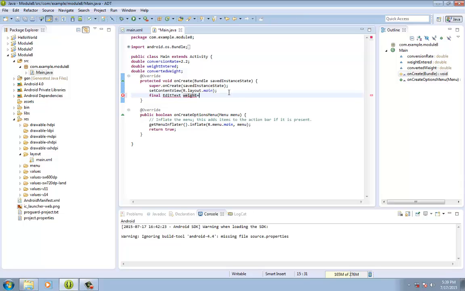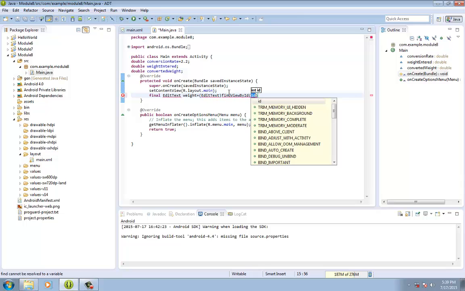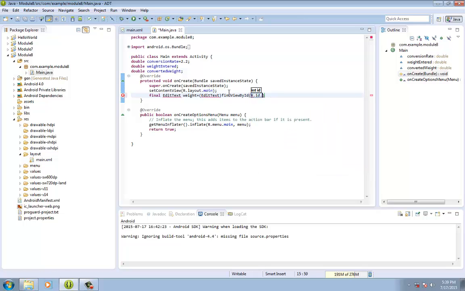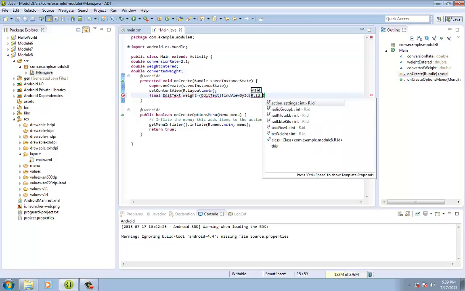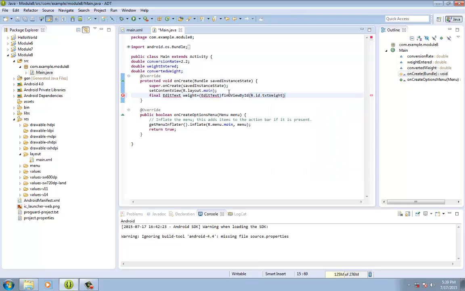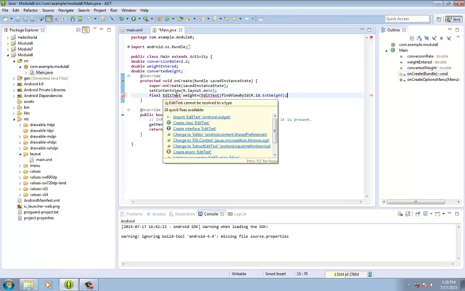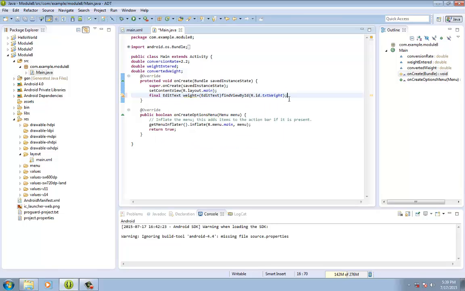And then just below the setContentView, type in final EditText weight = (EditText) findViewById(R.id.txtweight); and then semicolon. Then don't forget to import EditText as a widget,